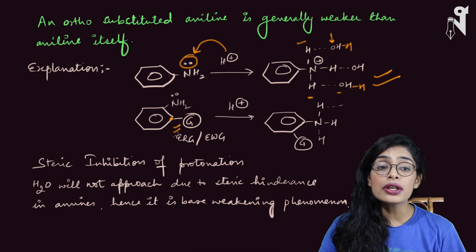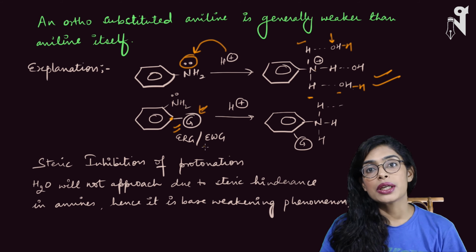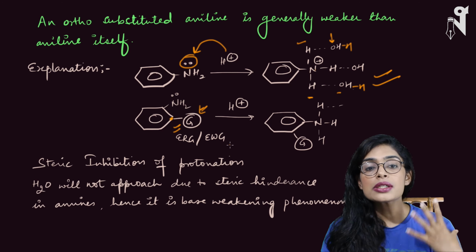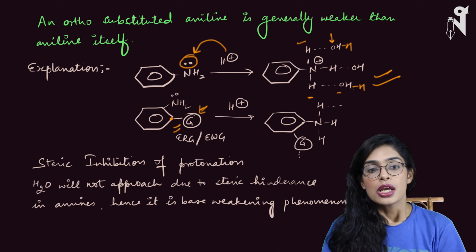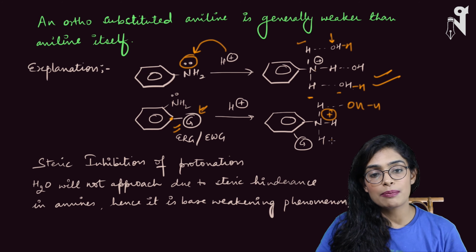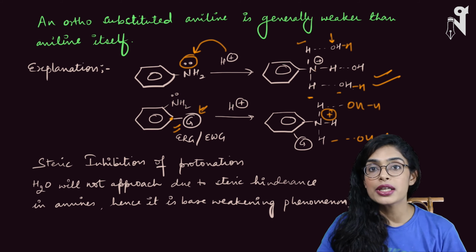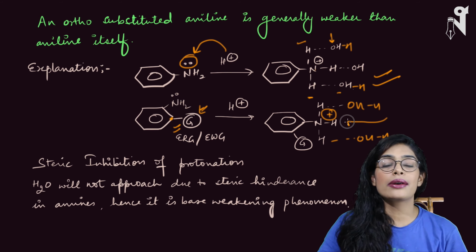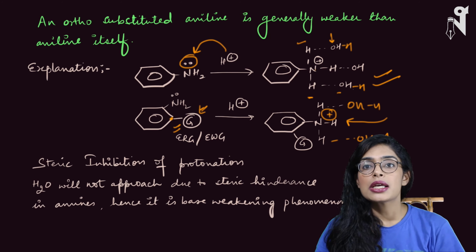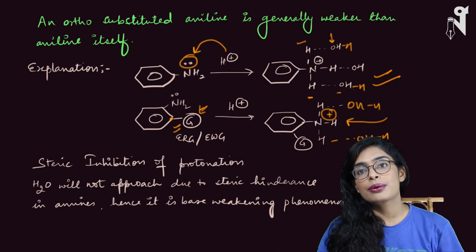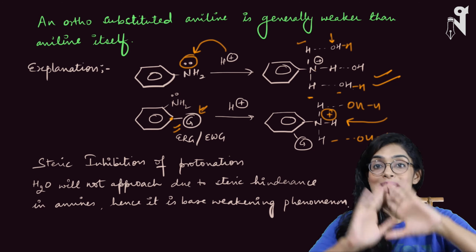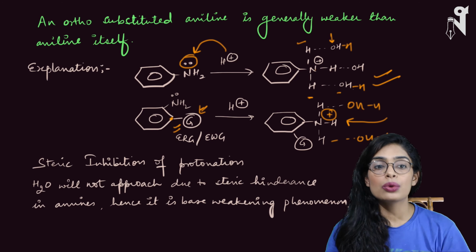But this is very difficult when a group is present near NH2, no matter if it is electron releasing or electron withdrawing, because it is going to face repulsions from there. So what basically happens is, for hydrogens to stabilize themselves by forming hydrogen bonds becomes very difficult. For H plus to approach this nitrogen becomes very difficult because of the steric crowding, and hence water does not come closer to nitrogen or to the hydrogens to form the hydrogen bond and stabilize or hydrate the whole molecule.